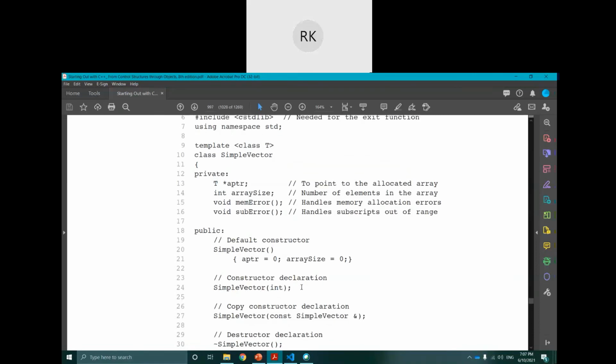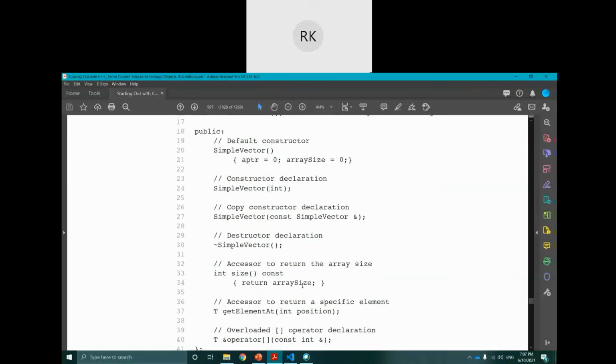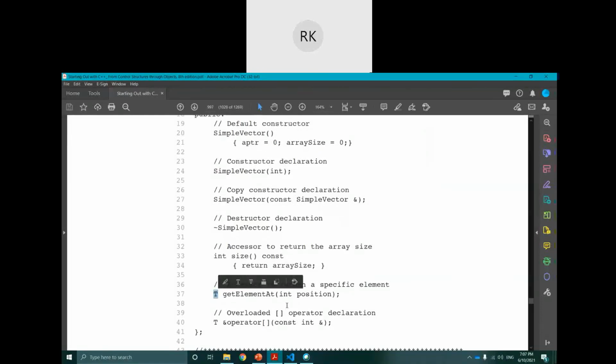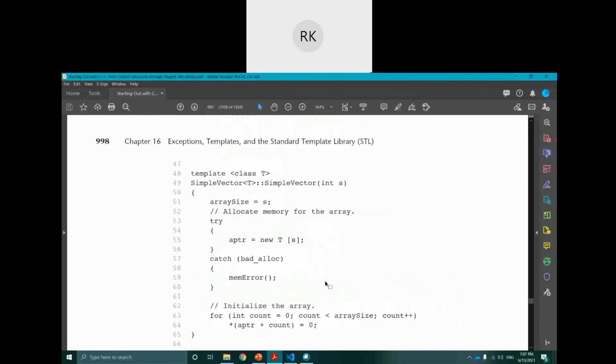Wherever there is a data type, you will see that one T. You see, return T, return T. Now even in the implementation, you see T. The constructors are defined outside.